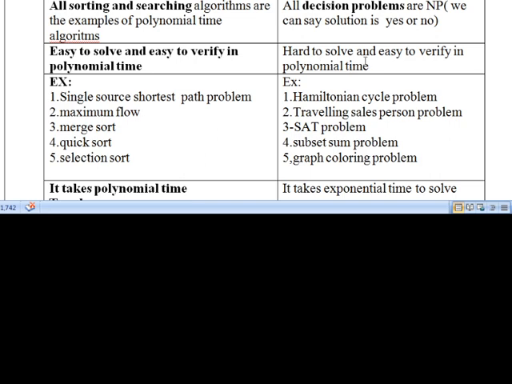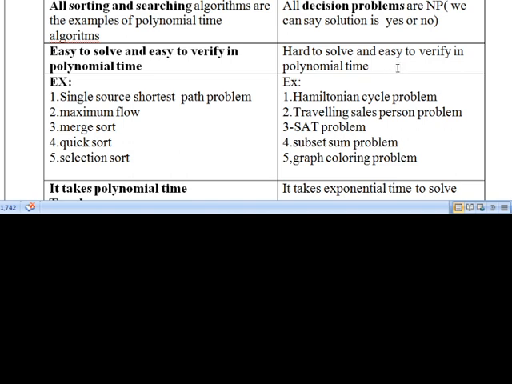So coming to here, what is solving and what is verifying? Solving is nothing but, for example, say a graph is given. I have to find all the Hamiltonian paths in the given graph. That is called solving. Whereas coming to the verification regarding a Hamiltonian cycle of the graph, one path is given, and the question is whether the given path forms the Hamiltonian cycle or not in the given graph. That is verification.